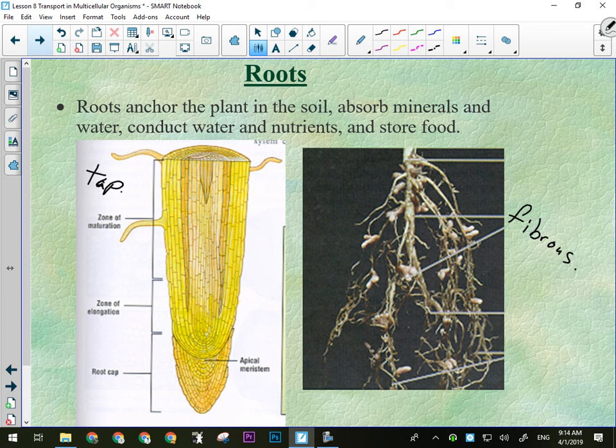Oddly enough, you see taproot plants and fibrous plants grow side by side all the time. Okay. Now, a fibrous root obviously has a greater surface area because the fibers can grow everywhere, but they typically don't go as deep. All right, so they are going to spread out more, which gives them a greater area over which to absorb water. Okay. But because they don't go as deep,